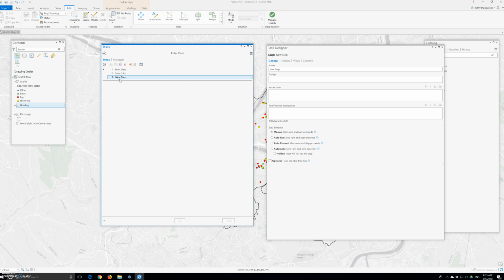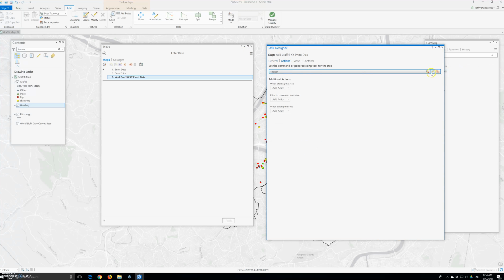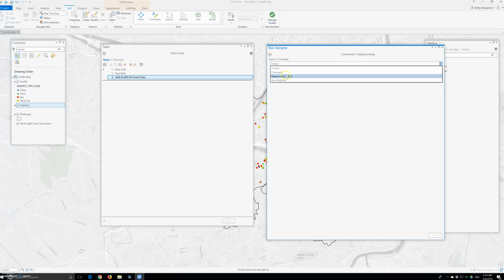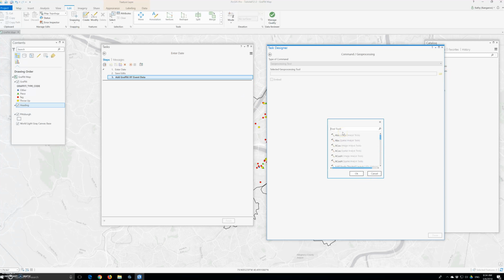I think maybe it's in here, right? All right. So I'm gonna edit this. So I would say it's the add graffiti XY event data. It wasn't that clear. It would be auto run, action, edit, geoprocessing tool, and we will search